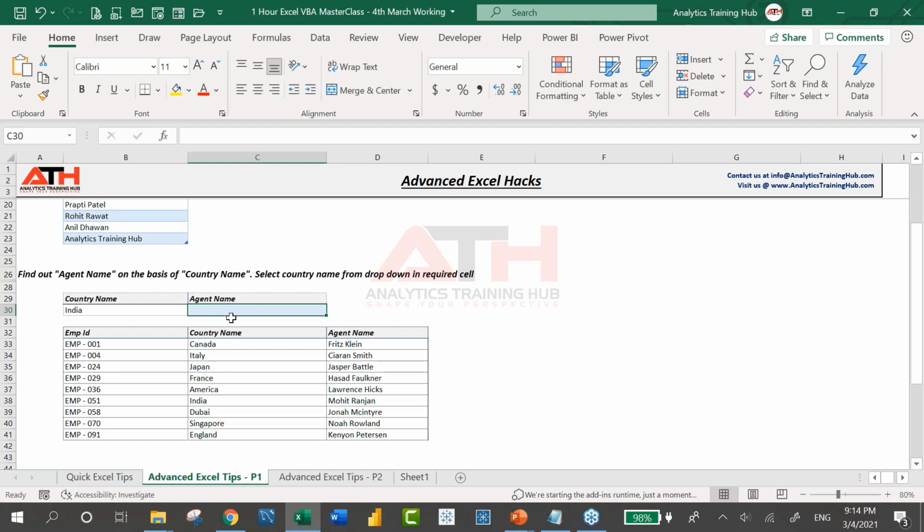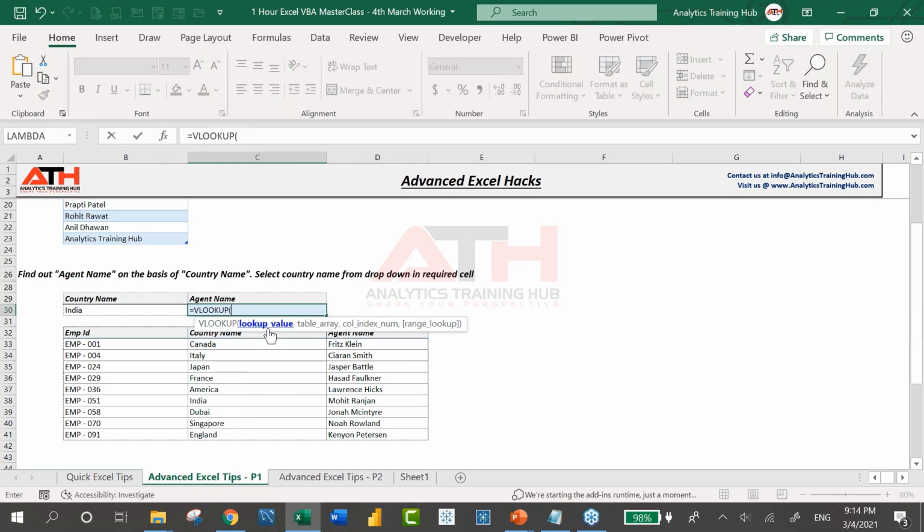All of us are aware what VLOOKUP does, but most of us actually do not know about its proper syntax. Okay, let me show you. So VLOOKUP starts with the lookup value argument. So this is the syntax, guys, and these are the arguments that you see inside the parenthesis. So lookup value is the value against which you would like to retrieve something from the table array.